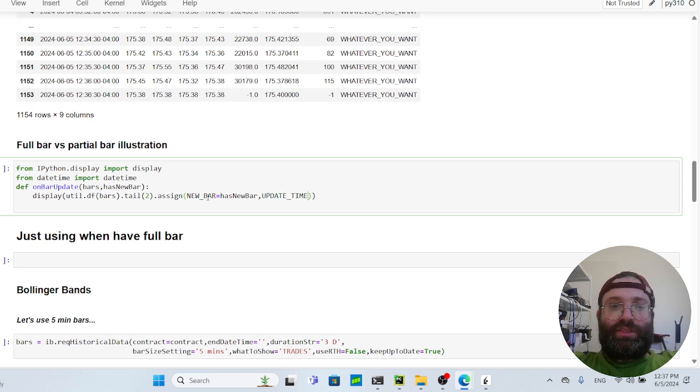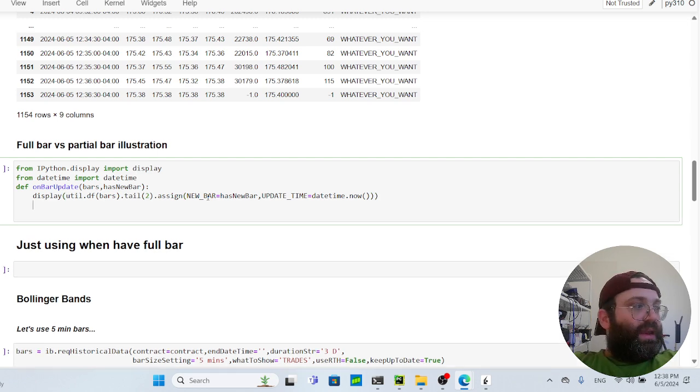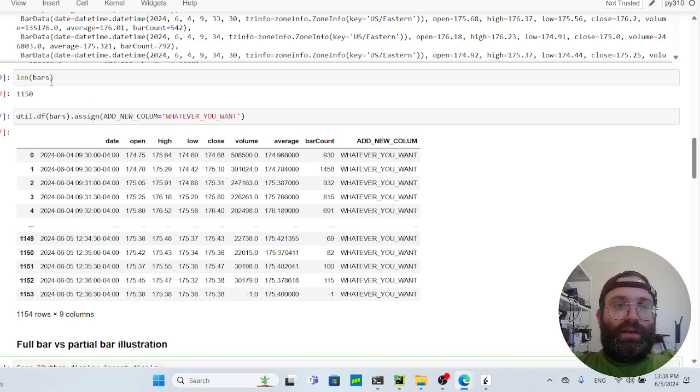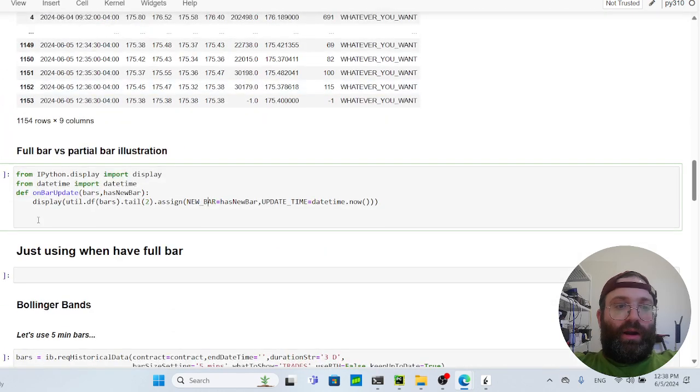Just to give you intuition, I'll do datetime.now. This will display this data frame, and to attach the callback, you have your bars. So you have to do bars